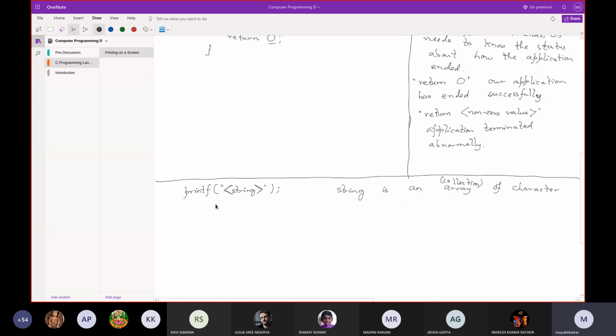Now, what printf will do, as you have already understood, is print the string on the screen. In fact, printf does not always take only a single string, rather it takes a variable number of parameters based upon the structure of the string.